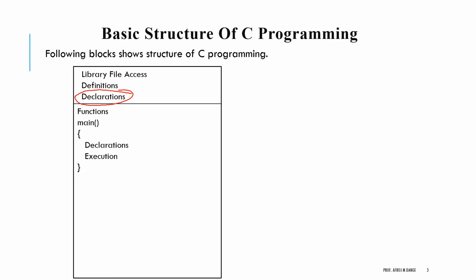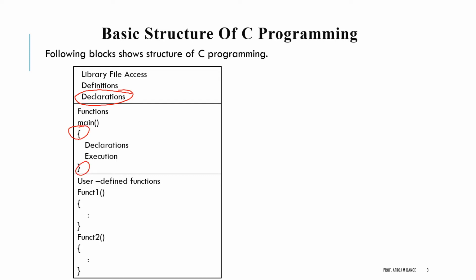Next, functions: main, parentheses, curly braces, declarations, statements. Main function: every C program must have one main function section. This section contains two parts, the declaration part and the executable part. The declaration part declares all the variables used in the executable part. There is at least one statement in the executable part. These two parts must appear between one opening and closing braces.